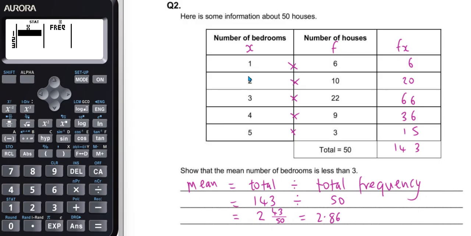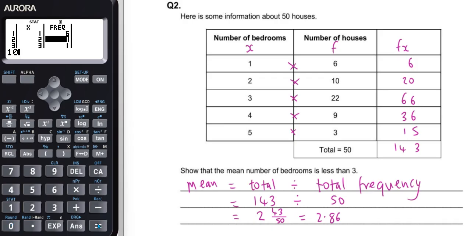So we're going to input the data in question 2 here to check whether the manual calculation is correct. So we're doing the number of bedrooms first, so we've got 1 equals 2 equals 3 equals 4 equals and 5 equals. If I now go to the top of the list, so I did a right arrow there, I've taken it up to the top here, I can now type in my frequency, which is defaulted to 1, so 6 equals